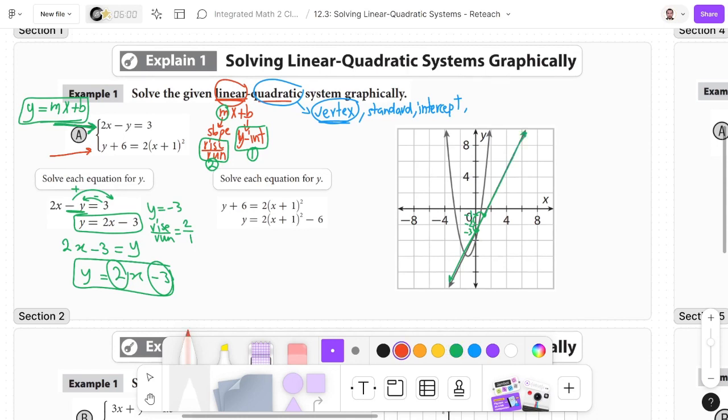Then let's do the quadratic. As you can see here, this form is the parabola form. This is what we learned, and I told you, you have to rearrange the parabola in terms of the vertex form. Do you remember the vertex form? The vertex form is y equals a times x minus h